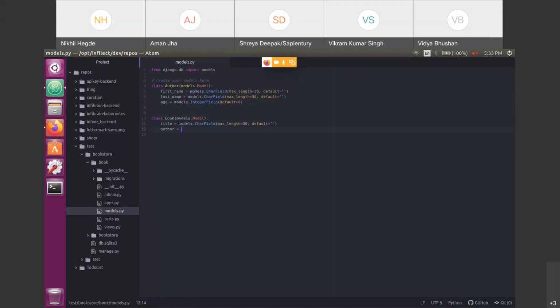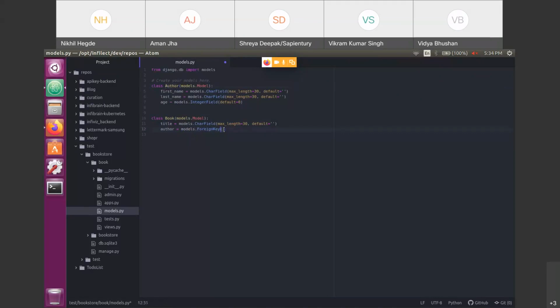Foreign key means you are defining a foreign key field so that one author can write multiple books. That is the meaning of foreign key: a one-to-many relationship from author to book. The foreign key refers to which table?